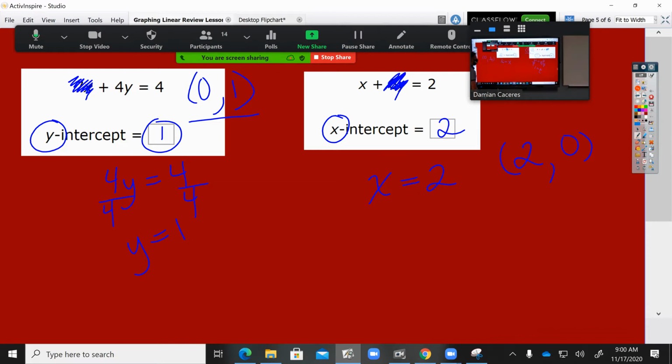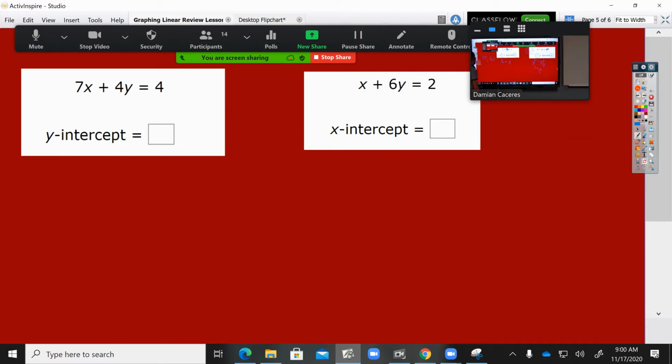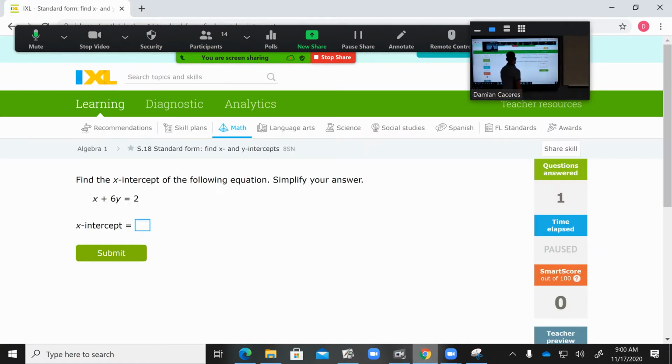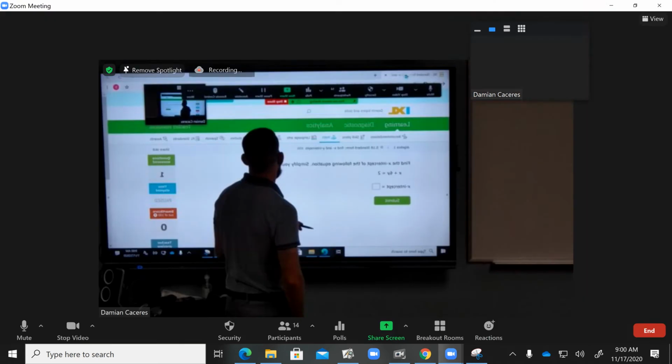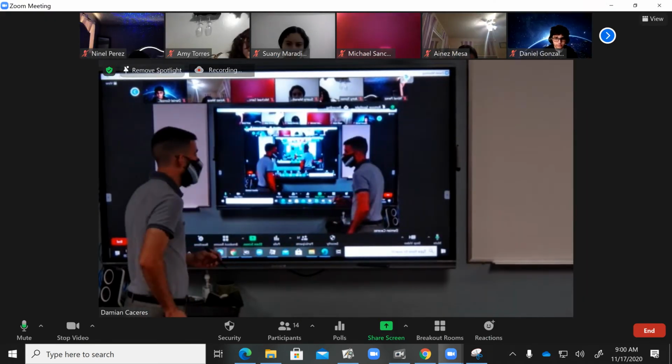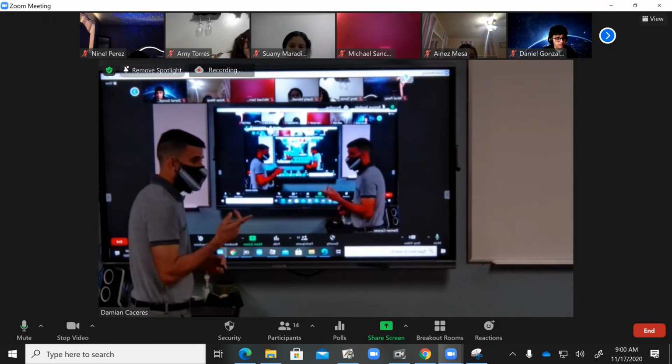So that is it for the explanation. Now, like I said, what I want you guys to do is to go to your IXL and do all 3 of them. I want you to do S7, S14, and S18. It's on Google Classroom. So make sure you look at it if you're confused on which ones to do. Anybody have any questions, just ask and I'll take you to a breakout room. You can ask me any